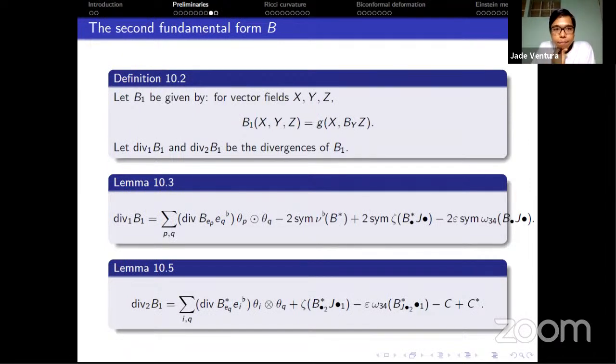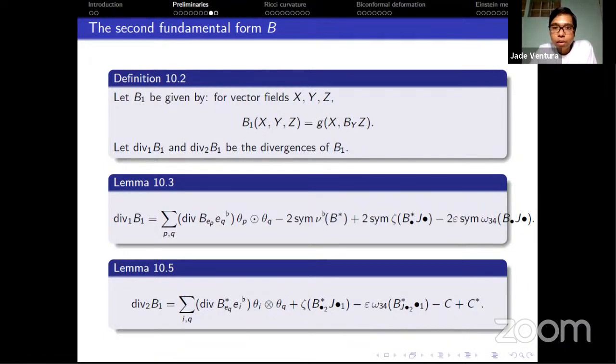Let's talk a bit about the second fundamental forms, A and B. Now, the second fundamental form A turns out can be expressed in terms of the other quantities in that list. So that takes care of A. For B, well, it's just B. But we note that useful in the computations are the divergences of B. In particular, the divergences of this tensor field B1. B1 and B are just equivalent